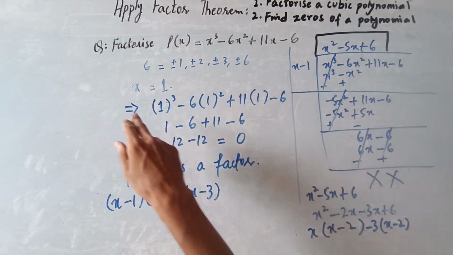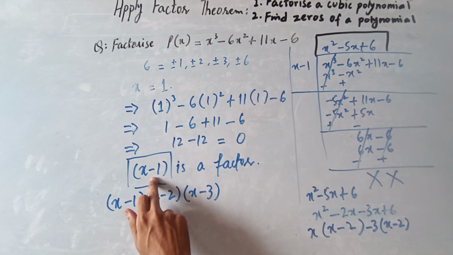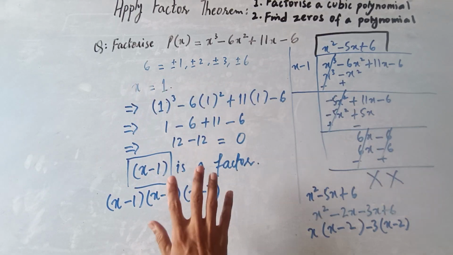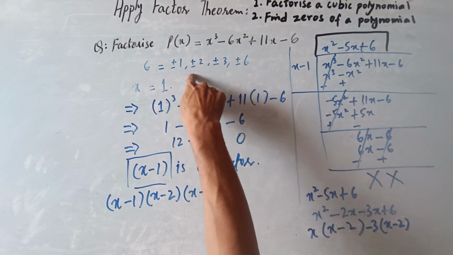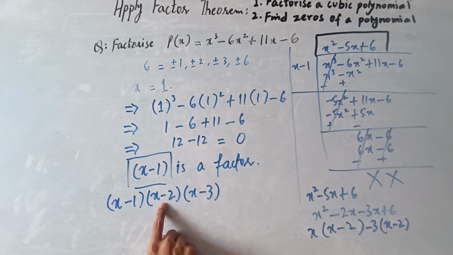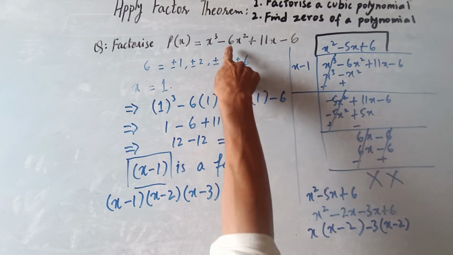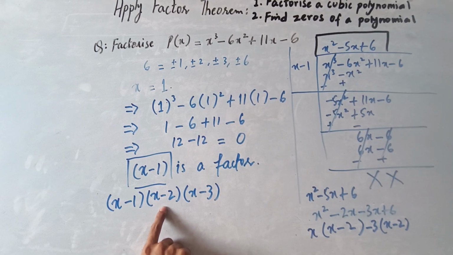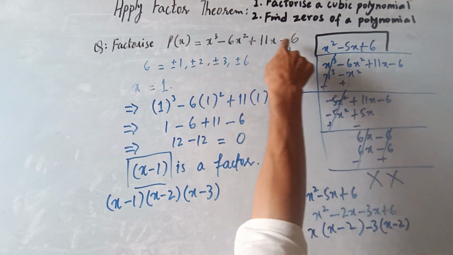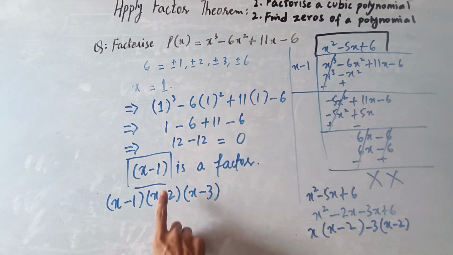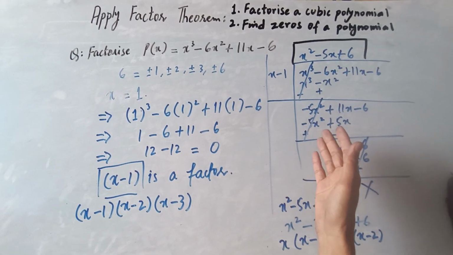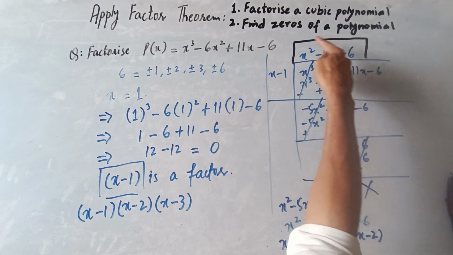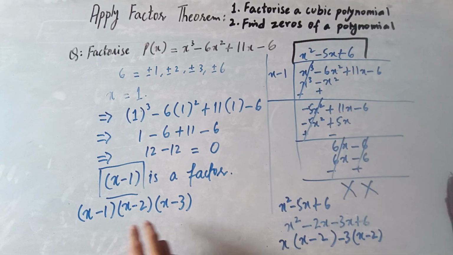Luckily in this question we got the factor in the first attempt, and then I did not continue with the same method, although we can continue with the same trial and hit method, where we put the values one by one and get the answer. As you can see over here, if we put 2 in place of x, we will get 0 and x minus 2 will be the factor. If we put 3 in place of x, we will get 0 remainder and x minus 3 will be the factor. But I have shown you the alternate method, that is by division, and after doing division you need to factorize the quotient to get the final factors of this particular cubic polynomial.